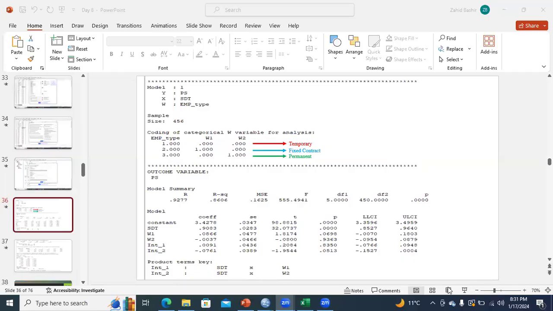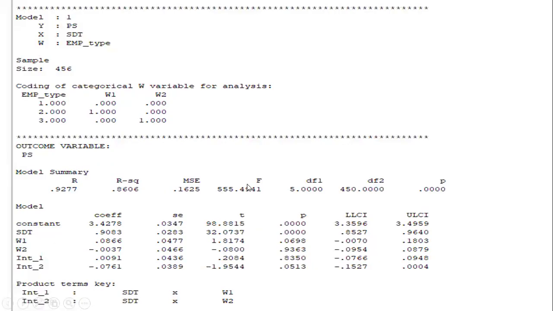Well, it was again an interruption from the internet, but let me start again. I was discussing this output view, and I was letting you know how we can interpret when our moderating variable is categorical. So you need to understand that there are three categories here in this data file. The first category is basically temporary. The second category is basically